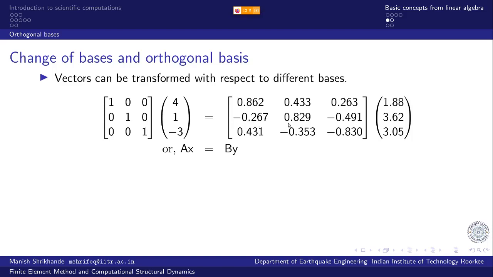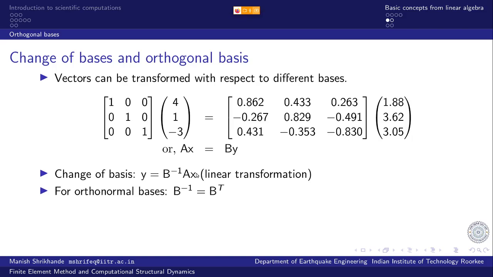So then these are invertible, and that provides a basis that we can always use to change the coordinate transformation. We can go from one coordinate system to another coordinate system by simple matrix operations. So change of basis can be effected by this linear transformation, Ax is equal to By. So the coordinate with respect to this frame of reference B can be obtained as B inverse A times x for this position vector.